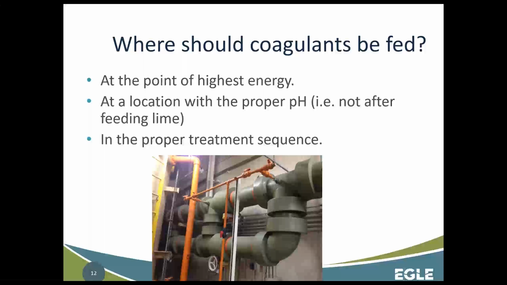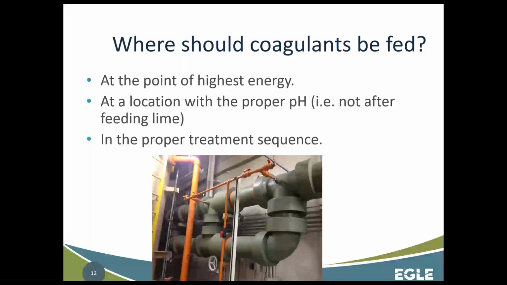So there's a few different mixing options. We've got some that are sort of inline mechanical flash mixers, and that's going to have basically like a little propeller and a motor that's going to drive it, and that's going to help disperse those coagulants. And then we've also got what they'll call a static mixer. And these are what we're looking at in this photo here. And again, it's really nice to see the color coding here. We've got our olive green. We're looking at some raw water here. We've got our